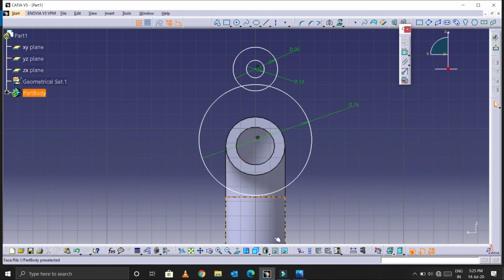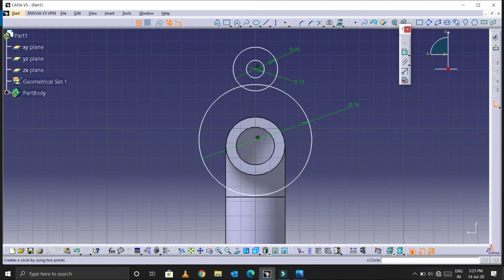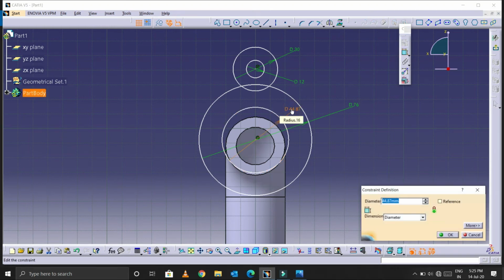Yes, that's it. Now I forgot to draw one more circle here. It has a diameter of 26.